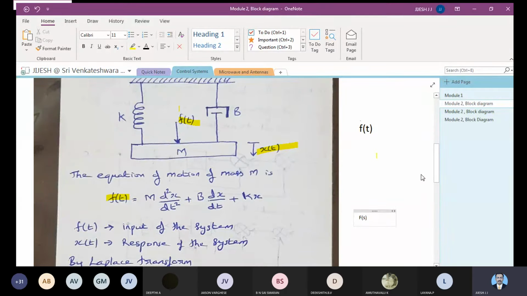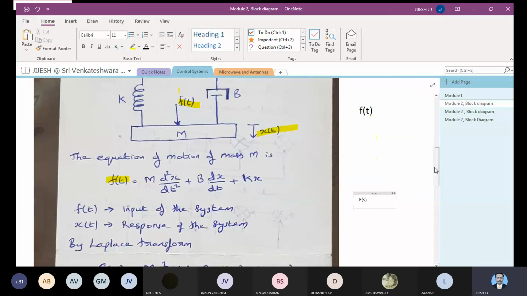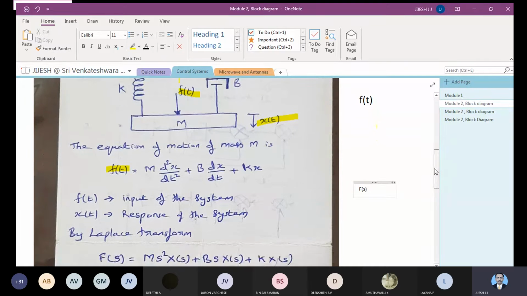Just m. You should be careful while writing the equations or problems. If 2m is there, then only m1, m2 will come; if only a single m, that's it. Because when you are solving the problems, it will make a lot of difference. So it is m s square x of s, plus b s x of s, plus k x of s. All of you might have written that Laplace transform equation, and then moving on further,